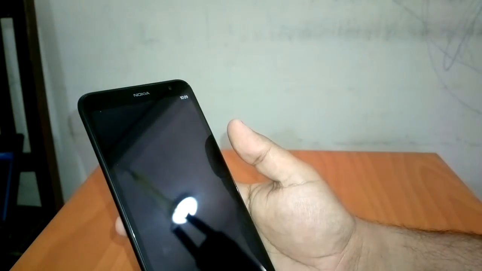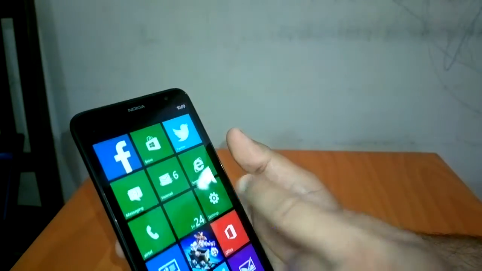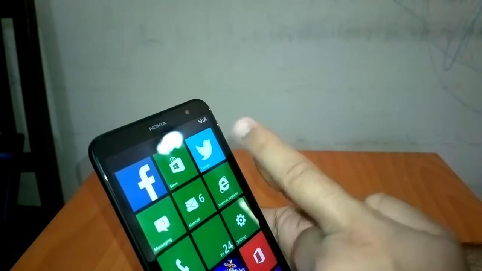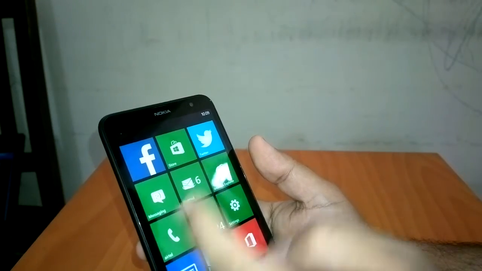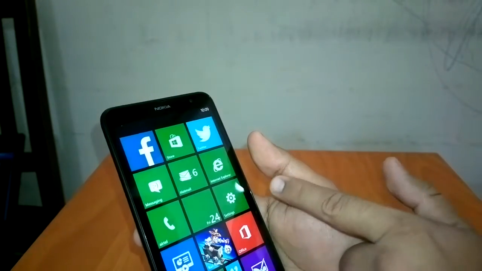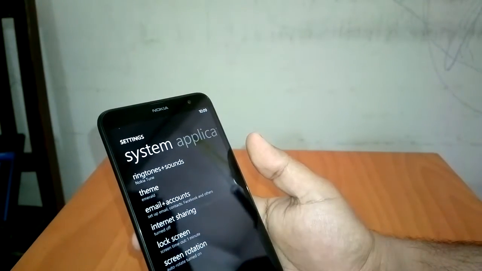Otherwise, if you are coming from, let us say, Android or Symbian, and you're not comfortable with this format, then as I have just mentioned, you can use Facebook, you can use Twitter. These are standalone applications. And you must remember the Store, and then you have settings where everything is housed. Here this email plus accounts option is really important.